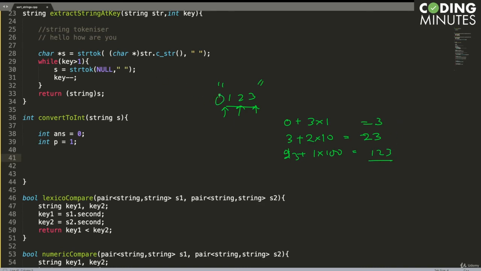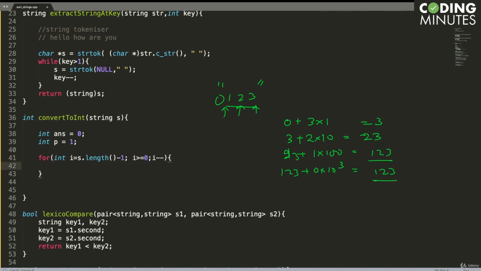And if I have a 0 here, I will multiply 0 with 10 power 3 and add to my previous answer, so it will still be 123. So this is how I will get the integer from the string. So I'm going to say for int i equals s dot length minus 1, i greater than or equal to 0, i minus minus, and answer plus equals s of i, that is the digit, minus '0'.